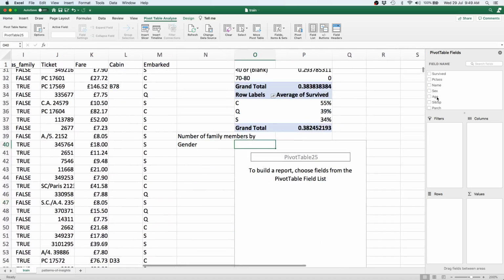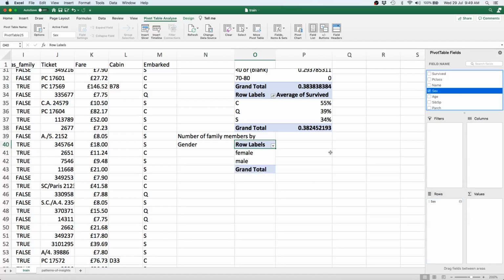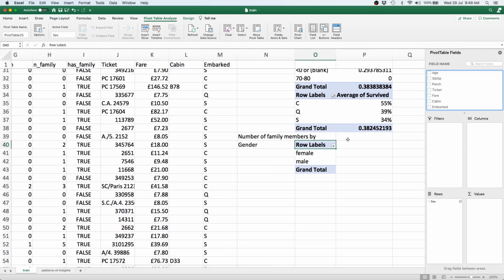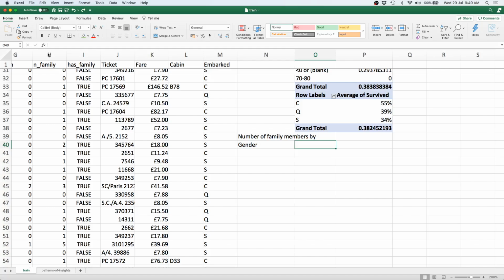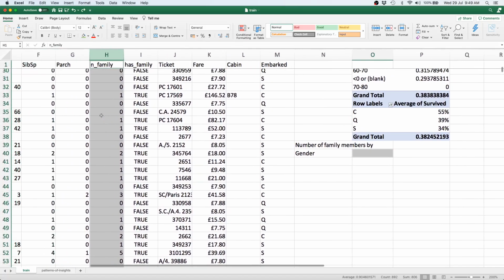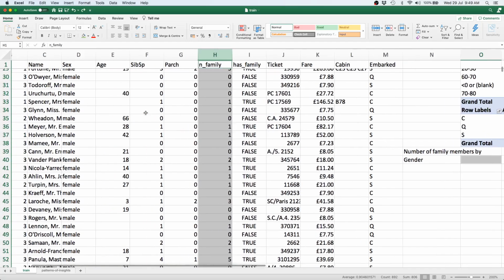So what we need to do is put the sex column, from here we want to drag it into rows. That gives us male and female, and we still don't have the number of family members column, which is in family. Again, as happened in the previous case, the selection has failed to take these things into consideration. Let us try and recreate the table again.